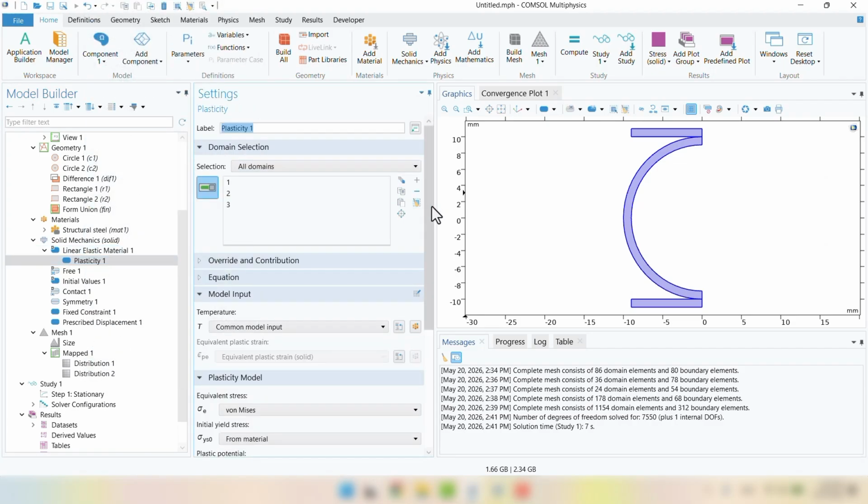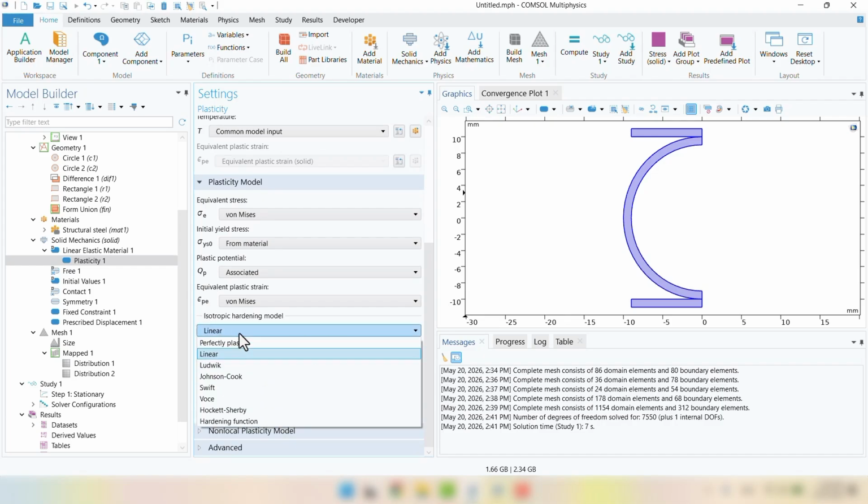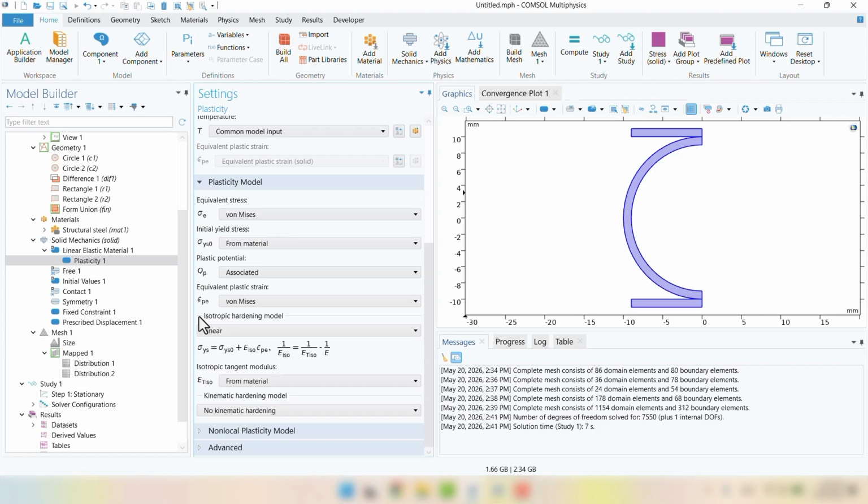Inside the plasticity settings, several constitutive models are available. For the isotropic hardening model, the default option is linear hardening. However, other models, such as the Johnson-Cook and hardening function models, are also available and are widely used in industrial applications involving nonlinear material behavior. For this tutorial, I keep the default settings unchanged. The kinematic hardening model includes the Bauschinger effect in the material response and therefore requires additional material parameters. For this example, I will leave the default settings unchanged, since the main objective here is simply to introduce the